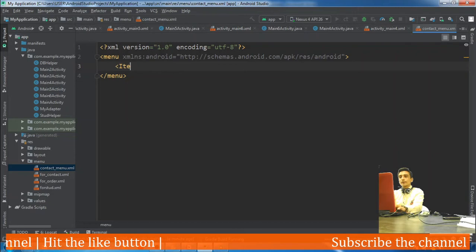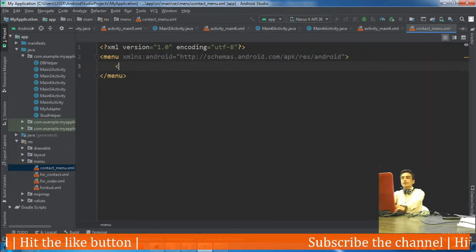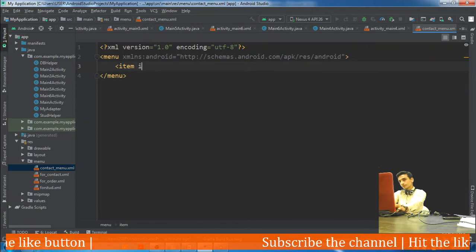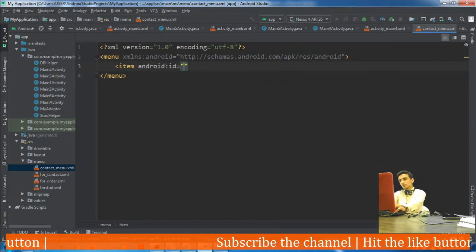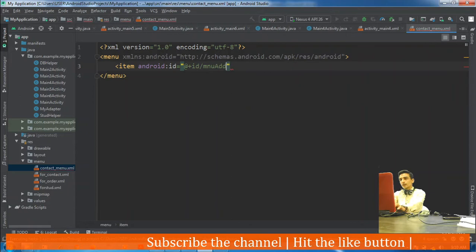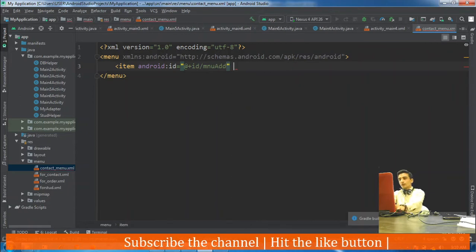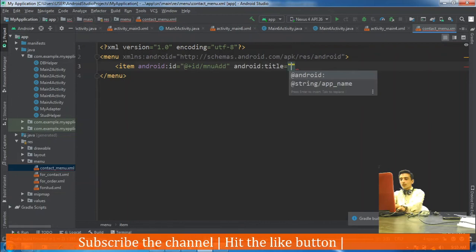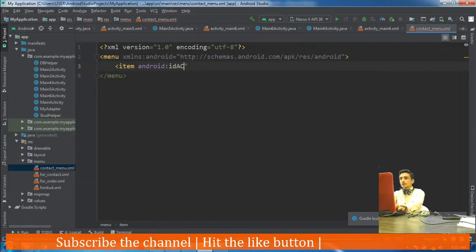The first item will be for adding contact. So we will give the id as menu add, and we will give the title as add contact.